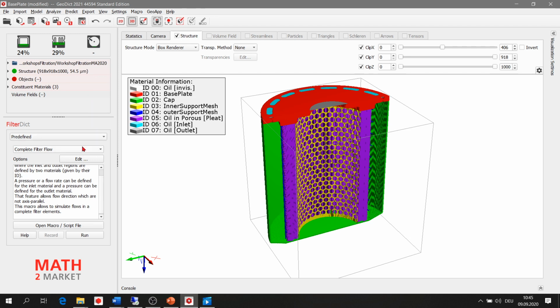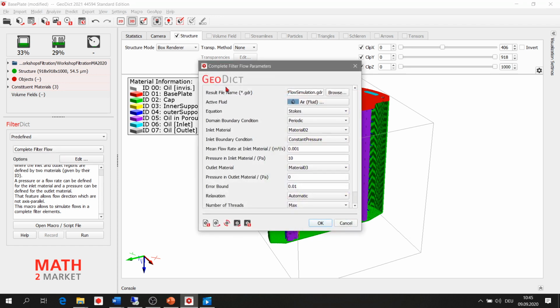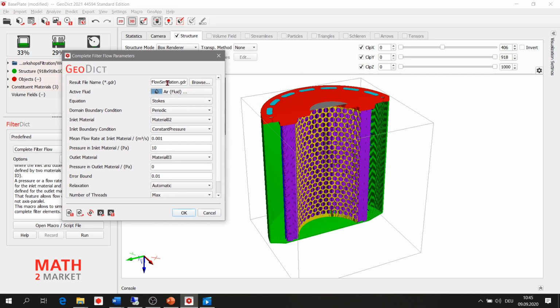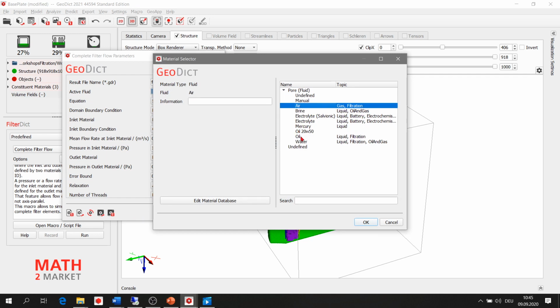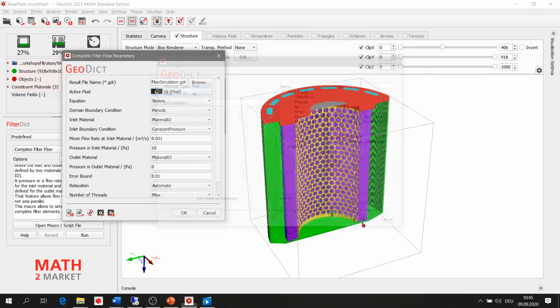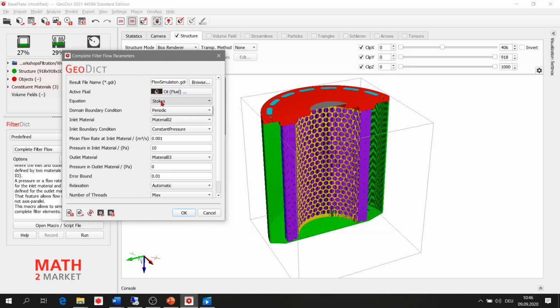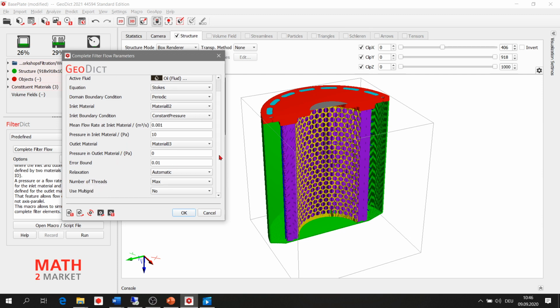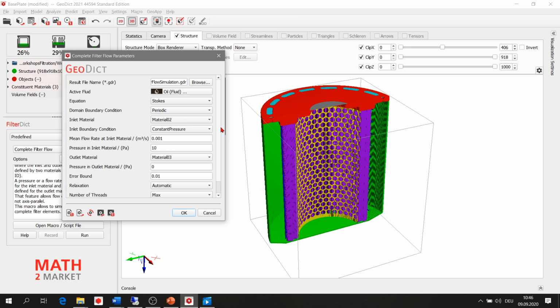This can still be found under the FilterDict module under predefined, and there we have a complete filter flow where you can set the result file name, change the fluid type into the correct one, select the Stokes or Navier Stokes based on the Reynolds number, select the inlet and outlet boundary conditions, and so on. So this is what we did last year. And this is for when you have pure flow simulation without any particles.